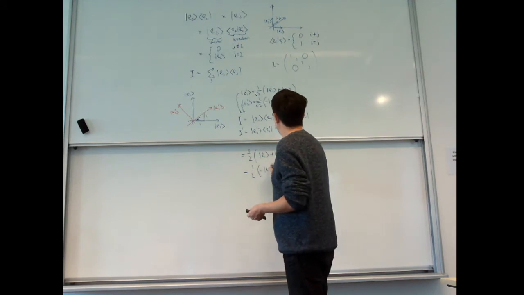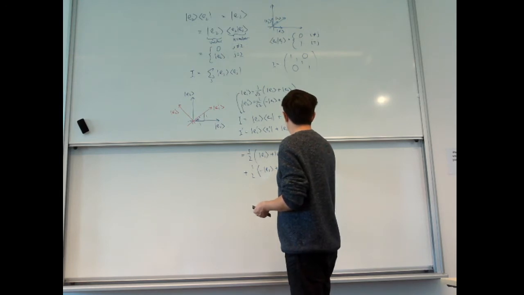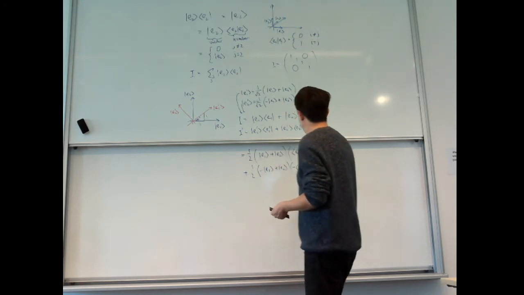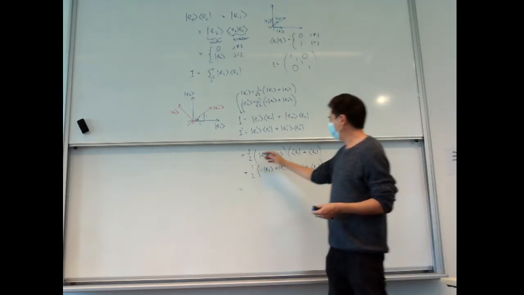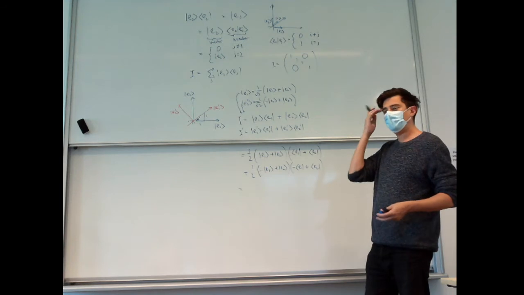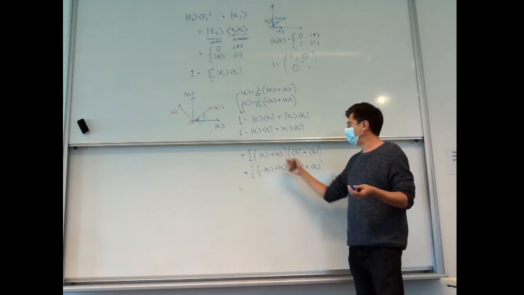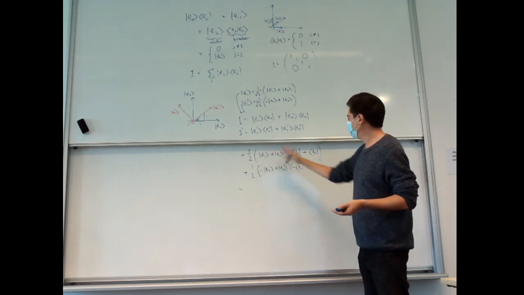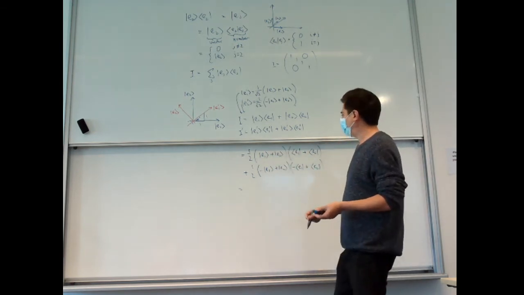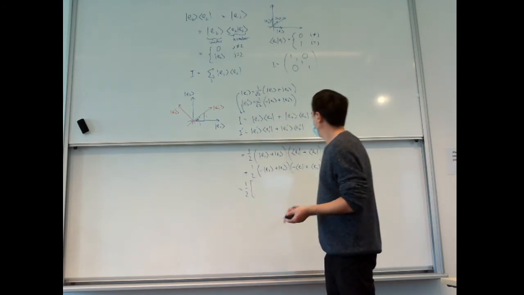So it's E1 plus E2, okay, E1 plus E2, okay. And then I can just multiply this whole thing out. This is the good thing about working with this vector bracket notation, because you just multiply everything out,